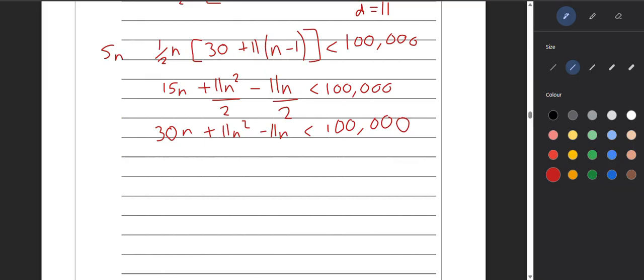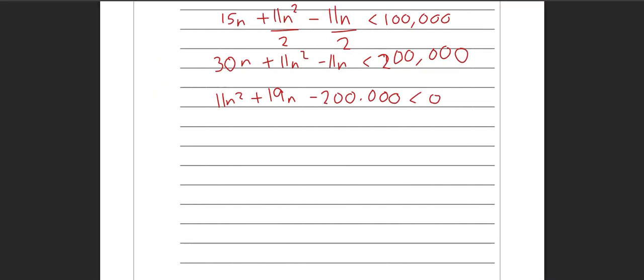So let's just rewrite it in the form ax squared plus bx plus c is less than 0. So that will become 11n squared, plus 19n, and minus 200,000. Oh, I forgot to double that, didn't I? Sorry, that's 200,000. When I double 100,000, it would become 200,000, and that is less than 0. And then I would just bung that in the quadratic formula, or you can use your calculator to solve that,